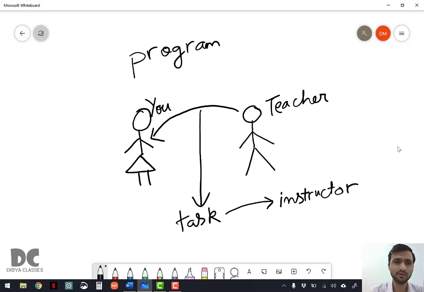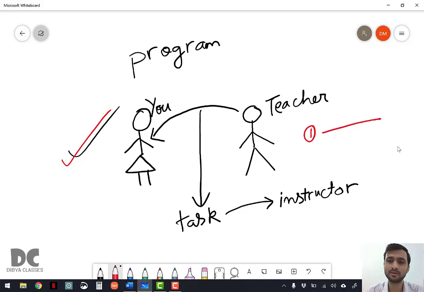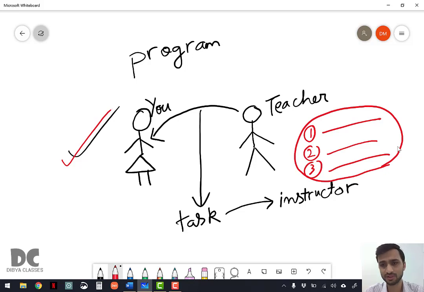Okay, and you will follow that one, right? You will follow that task. We'll go bring the pen and give it to the teacher. This is a short program. Okay, set of instructions. Program is nothing but it is just a set of instruction. The set of instruction given was to bring a pen. Okay, doesn't mean that there should be only one instruction, bring the pen. Maybe he might have told you to bring a pen, his copy, his reading glasses. Okay, there may be a set of instruction, not one instruction, one or more instruction grouped together,